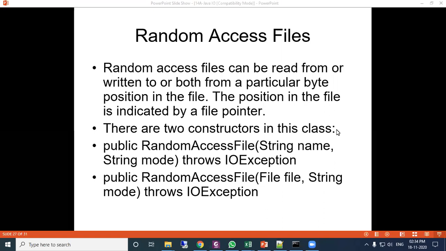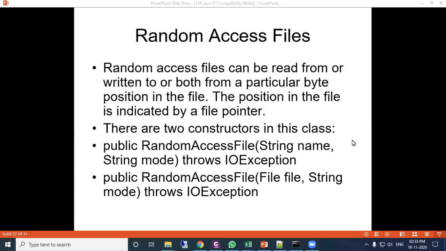In C programming you might have learned the different modes of file opening: read mode, write mode, read write mode, like that. But here in Java, in random access file, there are two modes. One is read mode, another is read write mode.